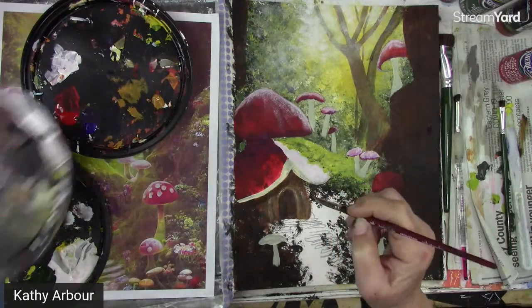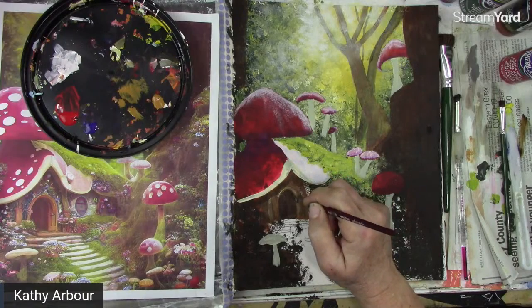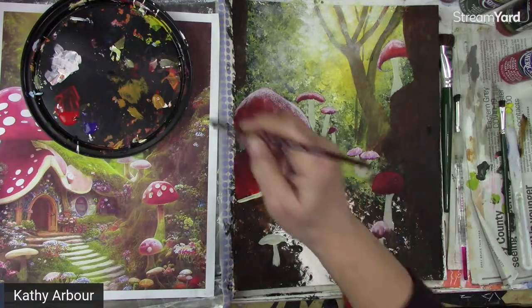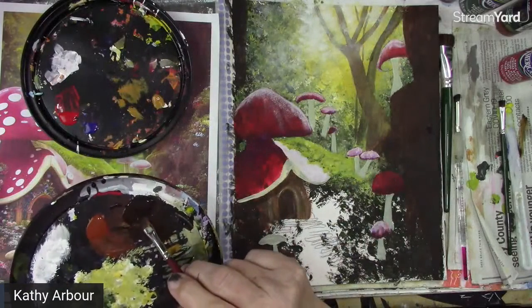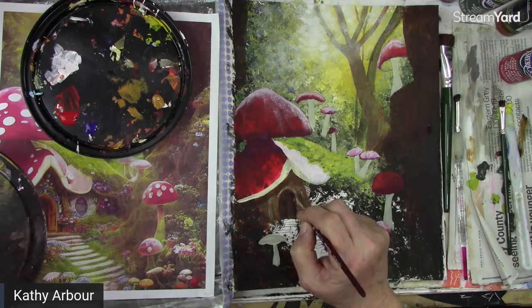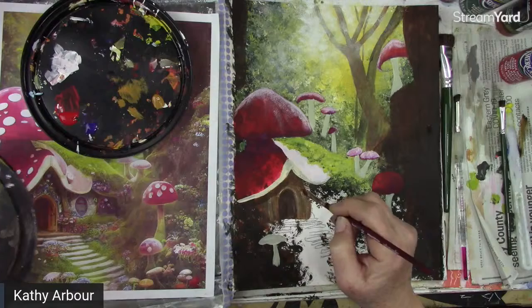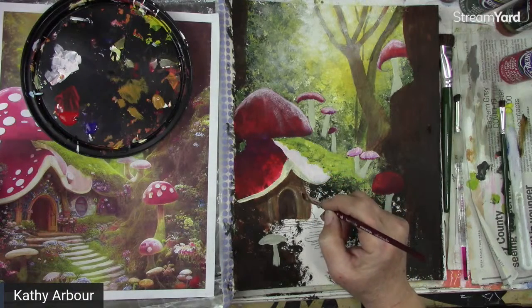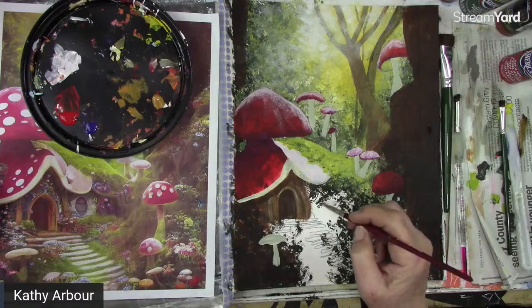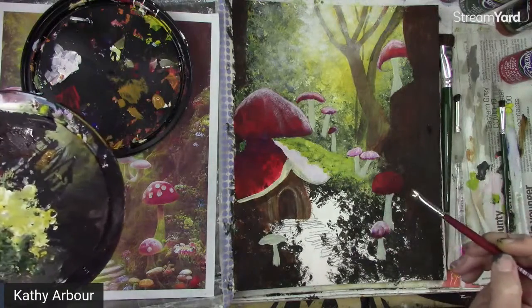And under here, it's going to be darker too. Because that door is set back, so it's got quite a bit of a shadow probably at cast. And now